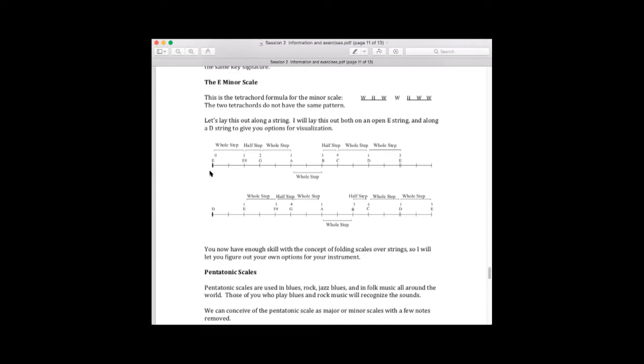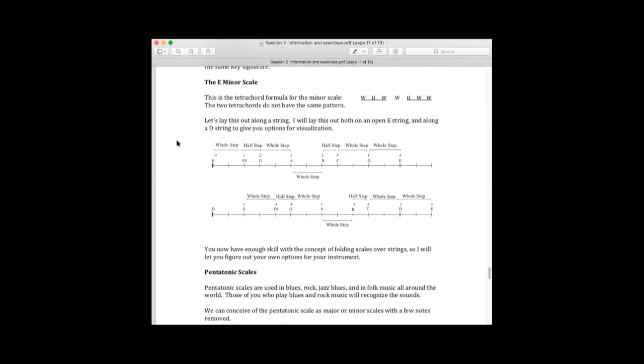If you have an E string, you can start there. If you have a D string, you can start here. Okay, so we're going to start on E. Everybody play an E. Now you're going to go up 2 frets to F sharp, whole step,